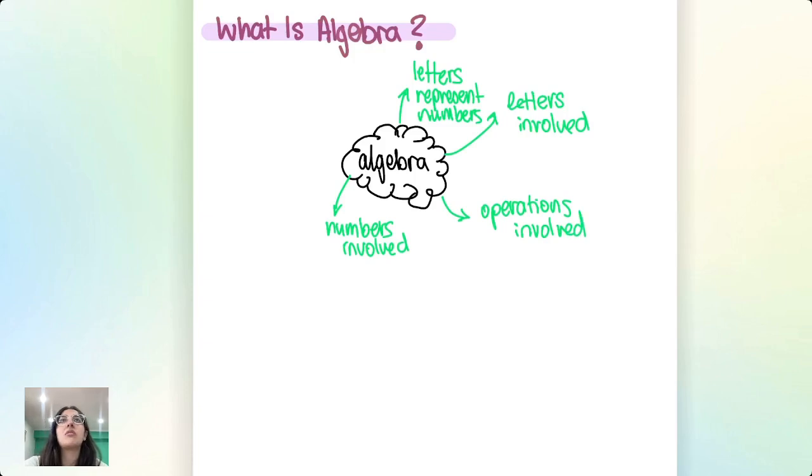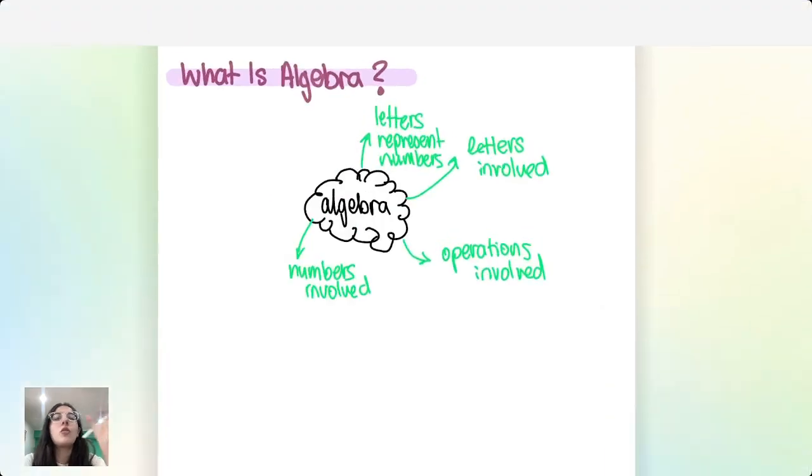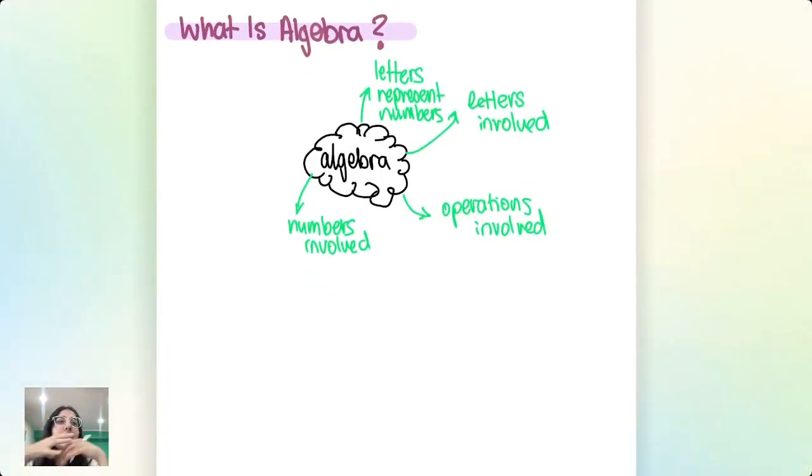Anybody have anything else? I would say that's a pretty good brainstorm so far, so I'm happy with that. Now, we know all these different things that are involved in algebra, but if I ask someone what is algebra, does anyone think they could give me a nice sentence that would tell me what algebra is? Anyone? No, everyone's shaking their heads because they never really give you the context about this at school. So I'm going to tell you guys what algebra is.